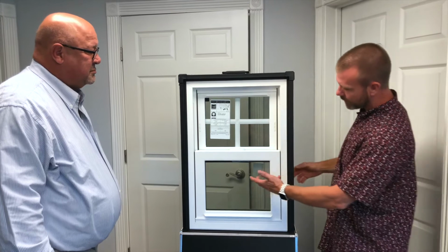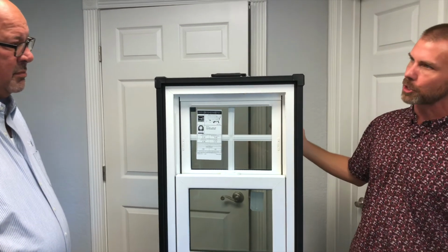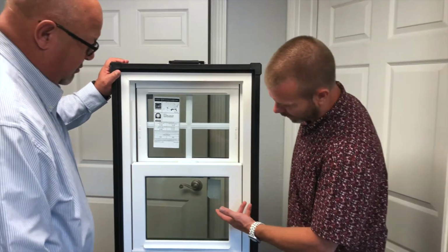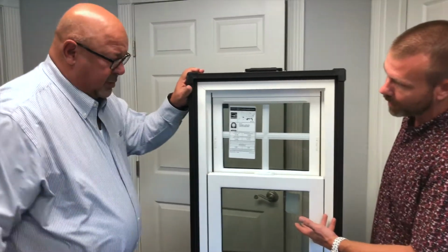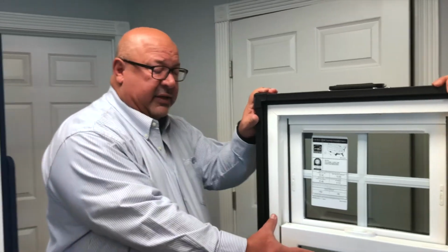Let's talk about the various, I call it light, medium, and dark tint because people want to call it tint. Are the windows tinted? Yes, they're tinted. But well, we've got the what? The low E coating. Right. So what happens is that